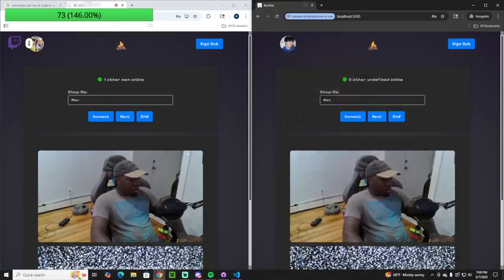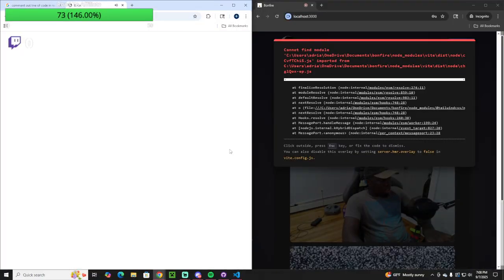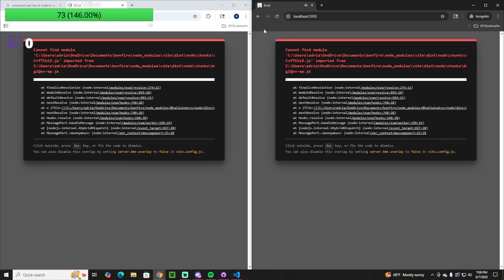All right, so we're here. Are you serious? Cannot find module. Oh, because I deleted the modules. You see, this is why you can't even trust Google Chrome, bro. Holy crap. So it would have ran normally, but because I forced the reload and I cleared the cache for the site,